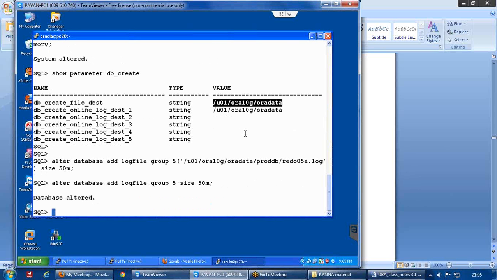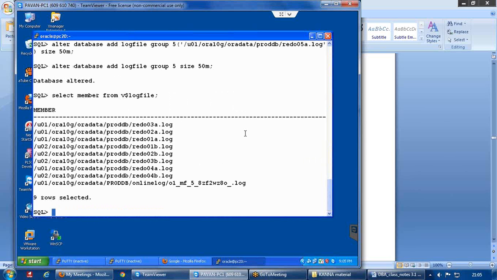So we don't require to specify any path because already we have specified the path. Then what about the file name? Because this is an Oracle managed file, even the name of the file will be taken care of by Oracle itself. And now you can see the thing over here.